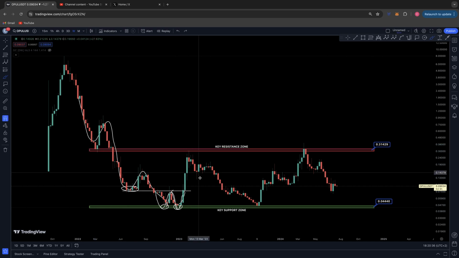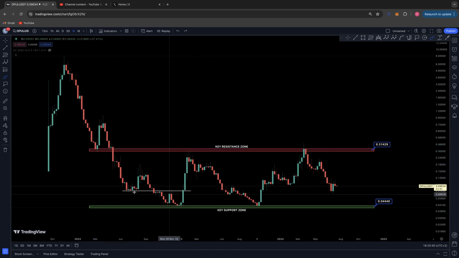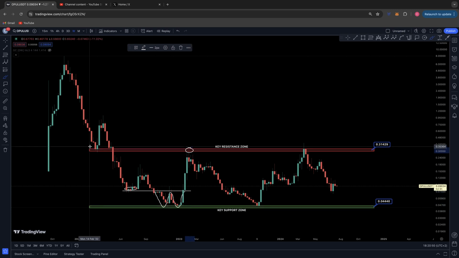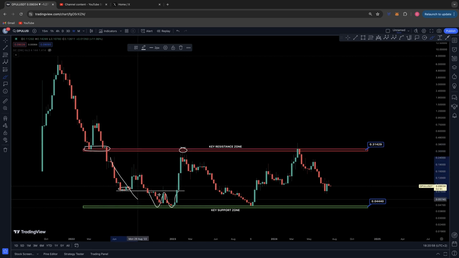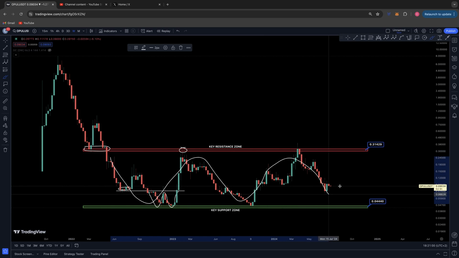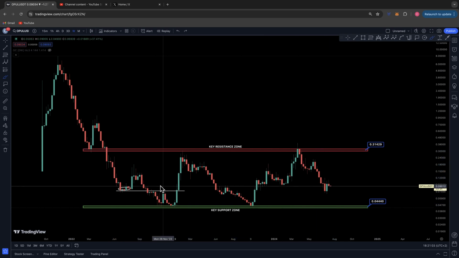So I hope that isn't too confusing for you guys, but you'll notice again we had this key support back here. Once we touched the support zone, we ran back into it as resistance, came back for a double bottom, broke out in January and ran back up to the key resistance zone, which was previous support back here in 2022. So this is how we've created this range and accumulation zone that we're in right now. Wanted to give a breakdown of how we actually got here, and you'll notice that the market